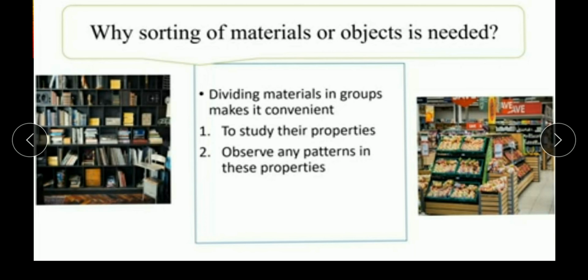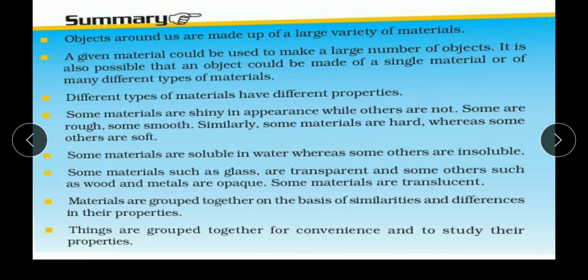Why? Because it becomes very easy to locate any item. That is why we need to sort materials and objects. Dividing materials into groups makes it convenient for us to study their properties and to observe any pattern in these properties. Now we come to the summary of the chapter. So we conclude